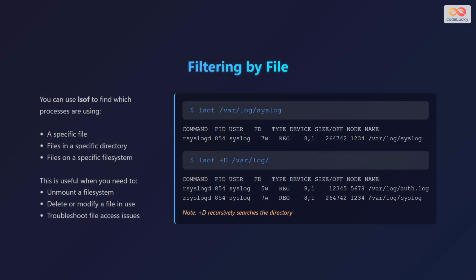You can also use lsof to find out which processes are using a specific file, files in a specific directory, or files on a specific file system. This can be useful when you need to unmount a file system, delete or modify a file that is in use, or troubleshoot file access issues. To find out which processes are using a specific file, simply pass the file's path as an argument to lsof. For example, lsof /var/log/syslog will show all processes that have the file